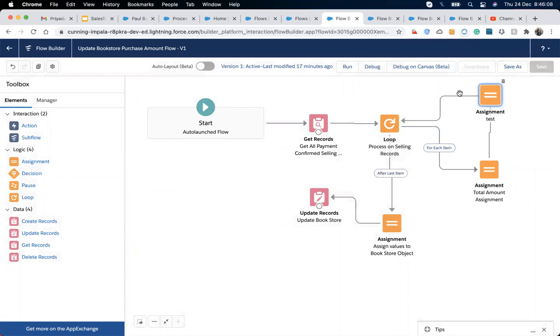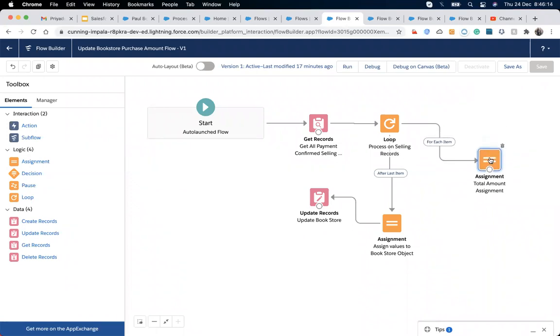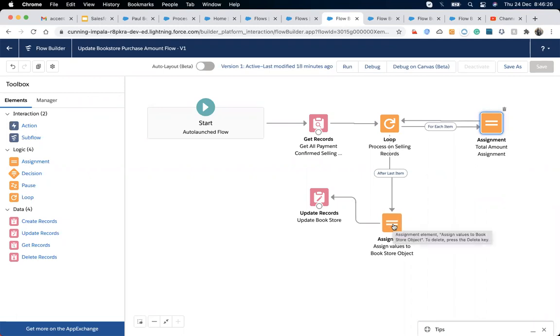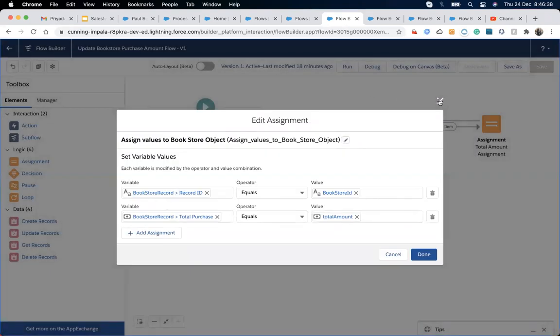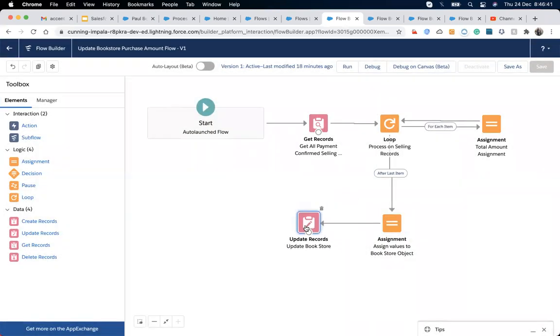So what is the processing of this loop? I will store it in a variable, and that variable will help me pass the value from here to this assignment. This assignment will assign that stored variable to my s object, whatever object I declare, and then it will just update the record. So the loop is only to iterate the collection of whatever variable we are declaring. It will just iterate one by one. It's only doing that.